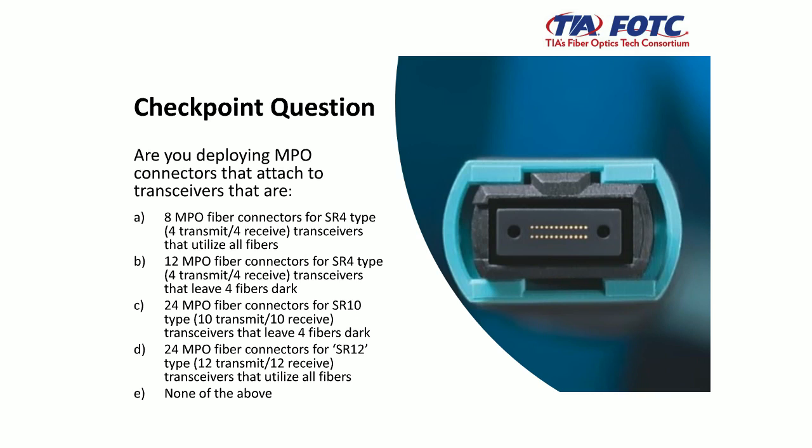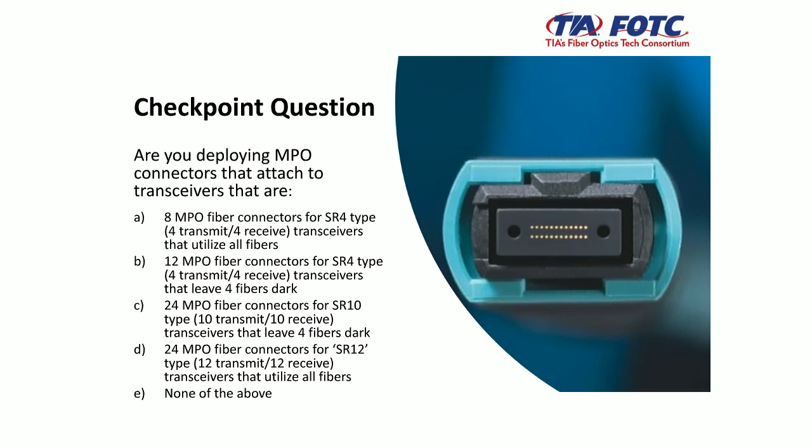Obviously, it's about deploying MPO connectors. So are you deploying MPO connectors that attach to transceivers that are A, 8 MPO fiber connectors for SR4 type, which is 4 transmit and 4 receive, so the transceivers utilize all fibers; B, 12 MPO fiber connectors for SR4 type, which are 4 transmit and 4 receive, and they leave 4 dark fibers; C, 24 MPO fiber connectors for SR10 type, 10 transmit, 10 receive, and they leave 4 fibers dark;